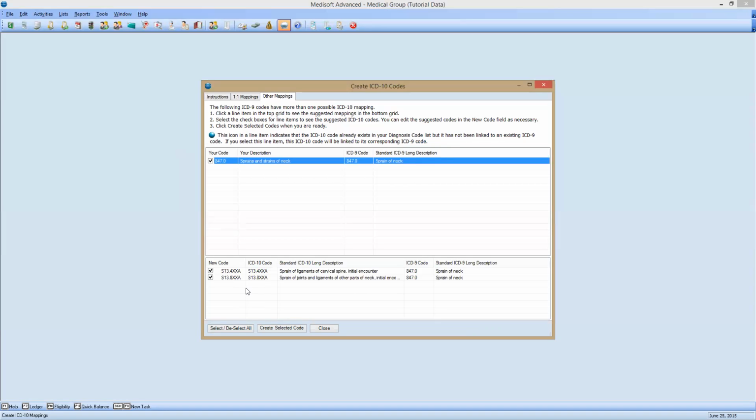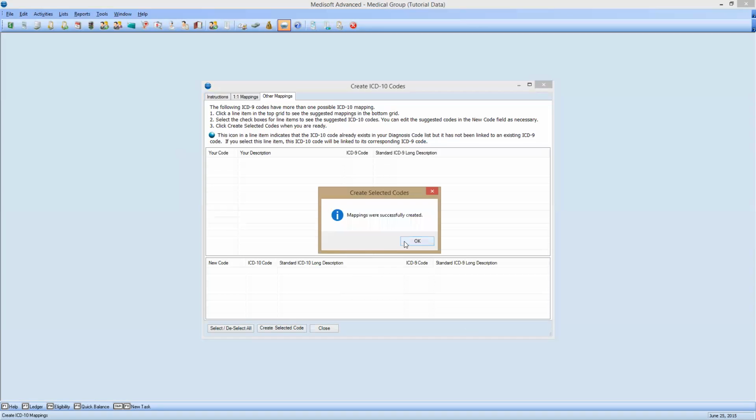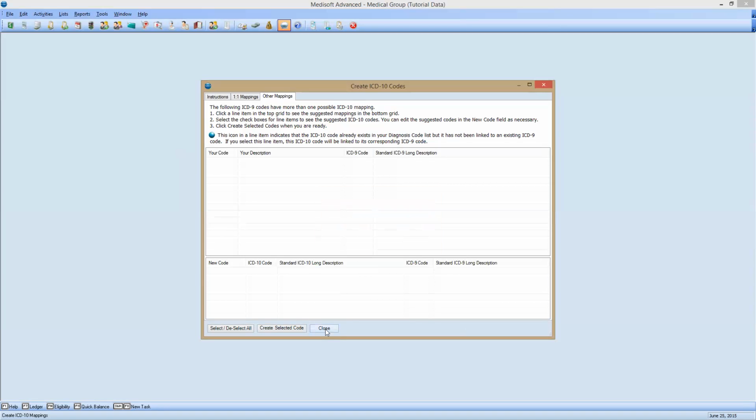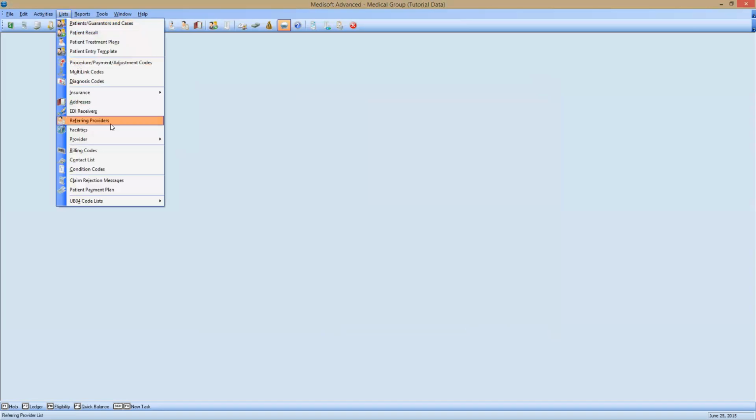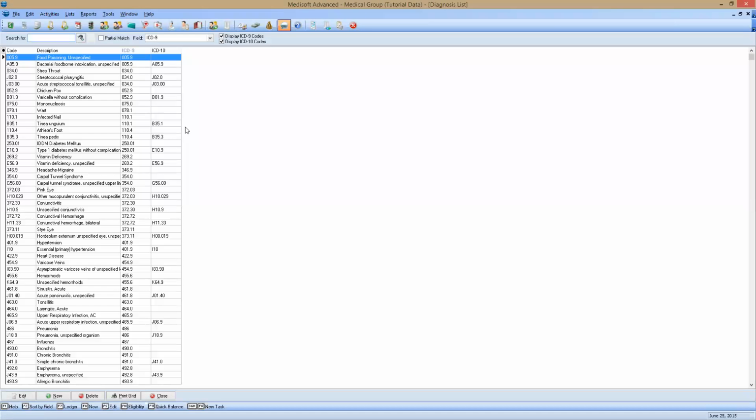And most likely, as you go through this list, if you create new codes, you put new codes in Medisoft and are continuing to add ICD-10 codes, you're going to probably want to bring all of these in. And that's what I'm going to do for our purposes today. I'm just going to say create these additional codes, and we'll see how that turned out. So I'm going to close out of this little tool. It does a really nice job bringing in and saving a lot of time over having to manually enter in those codes. So if I go into list diagnosis codes here,